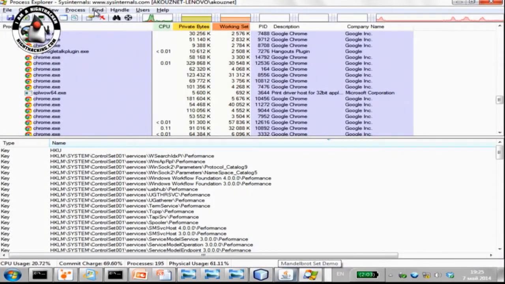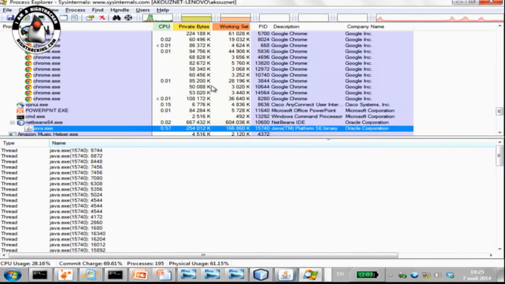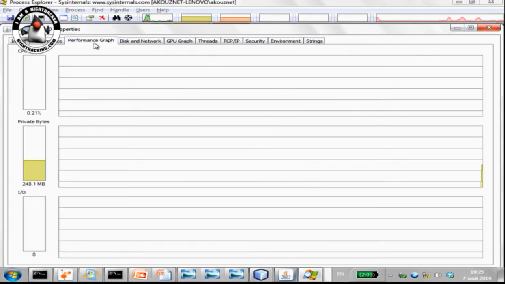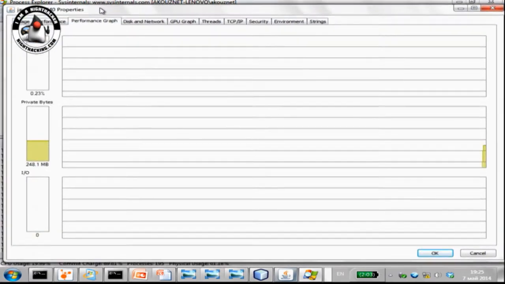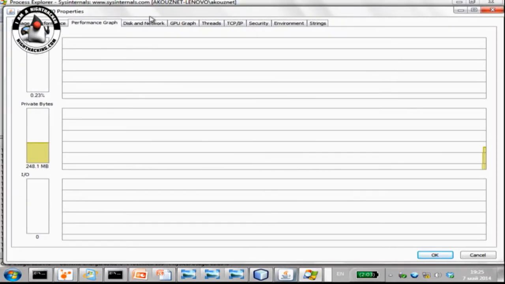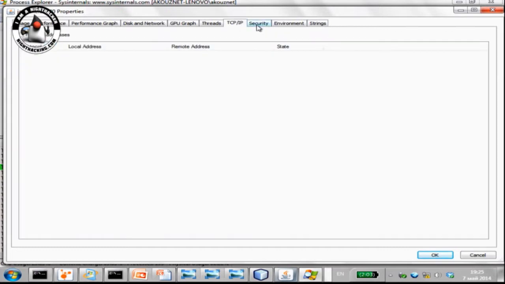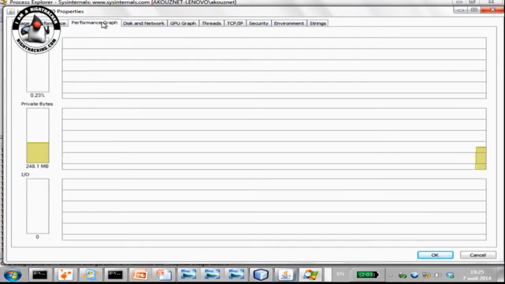Maybe I can run, see the performance for individual Java process. Yeah, something like this. Fortunately, it doesn't show nice 4 graphs for each core.